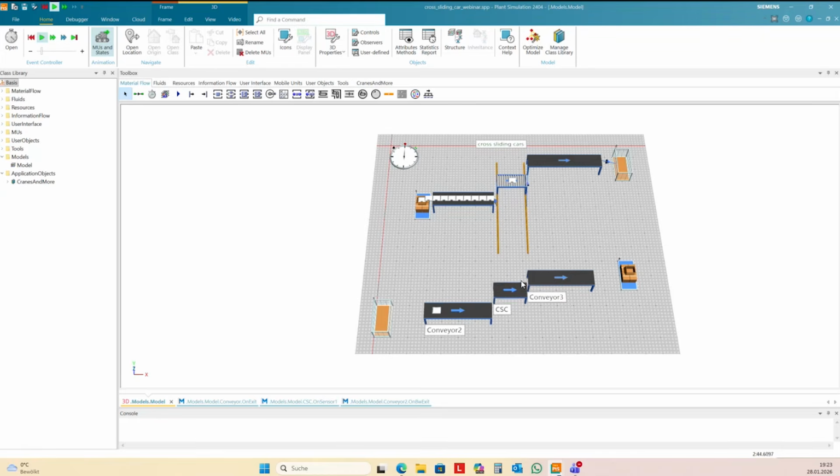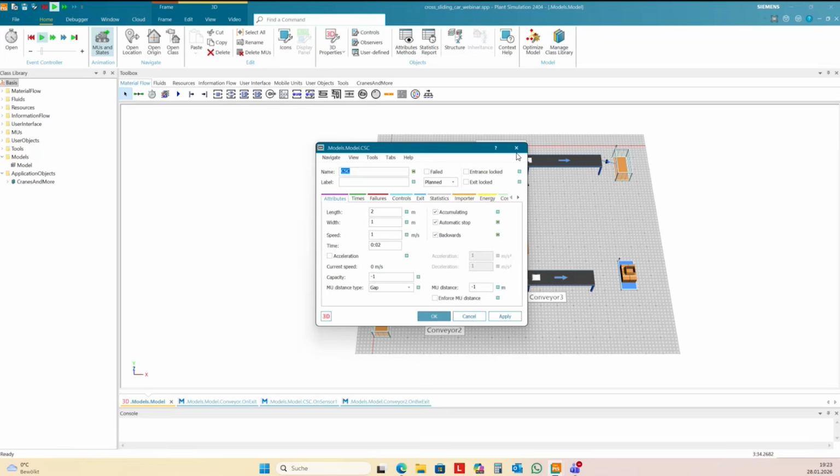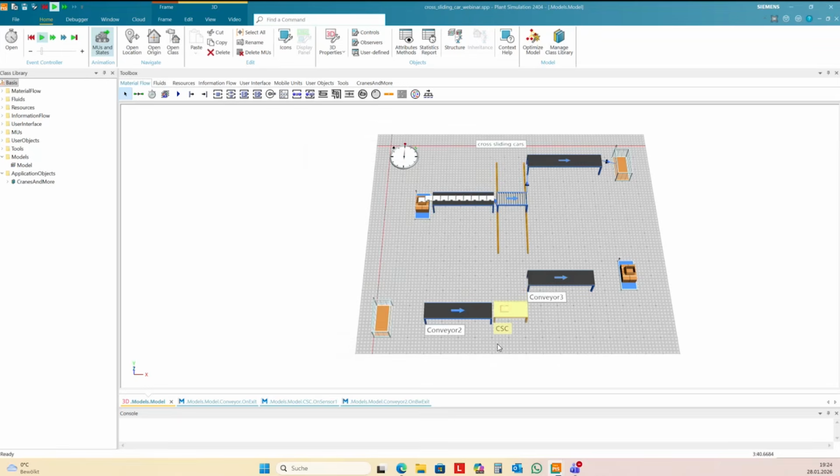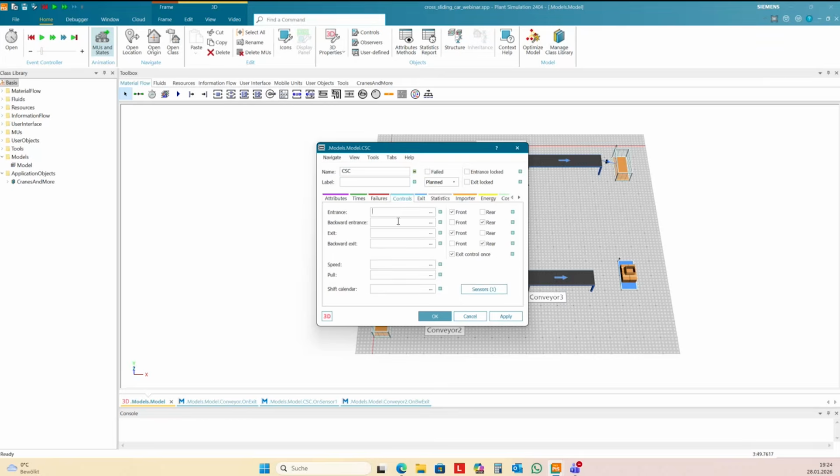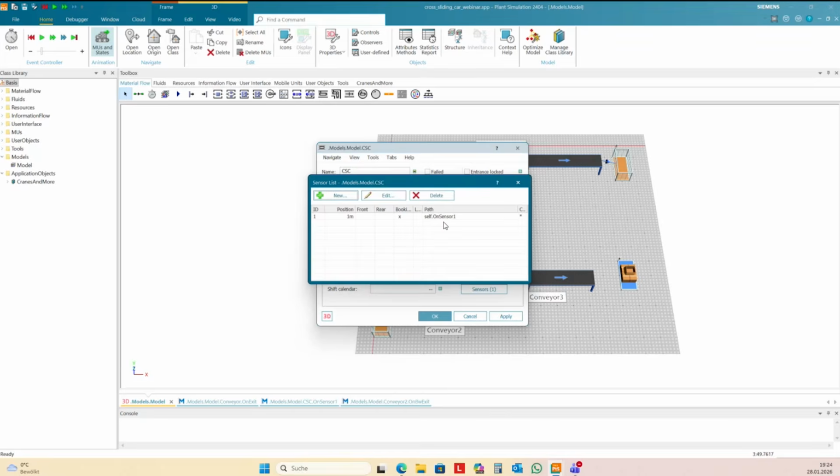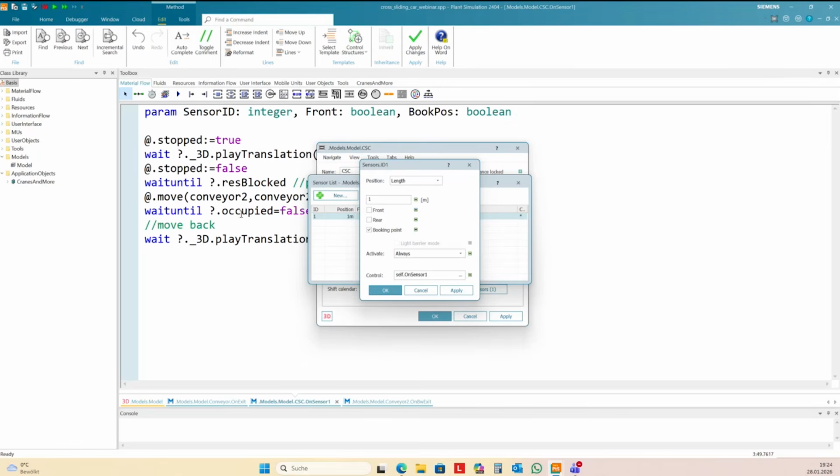So, this you can use to move and turn the cross-sliding car if you need to change the conveying direction, for instance. There's only one additional method here: play rotation instead of play translation.